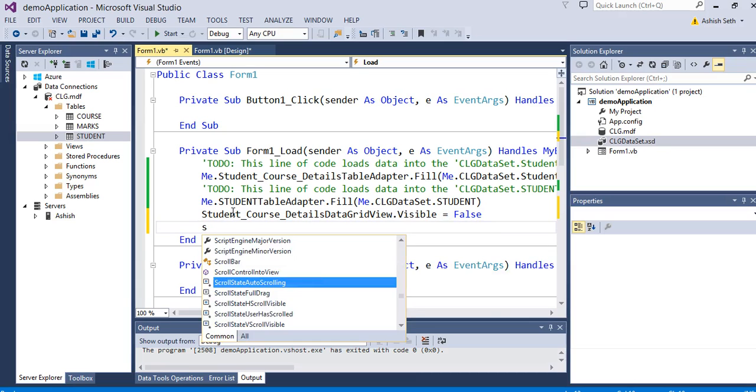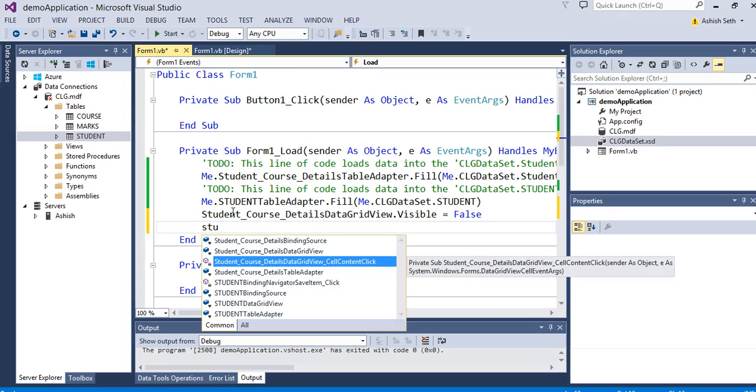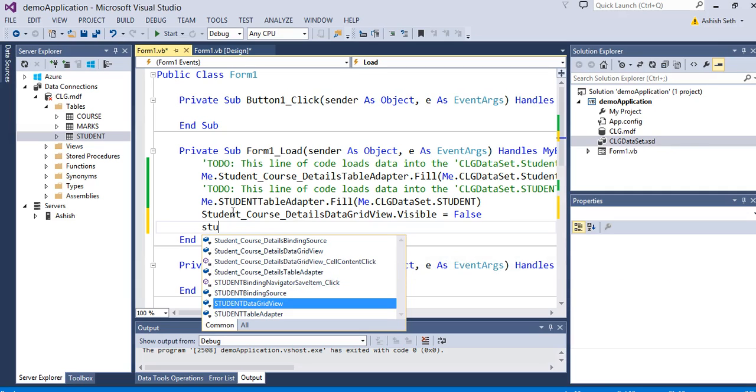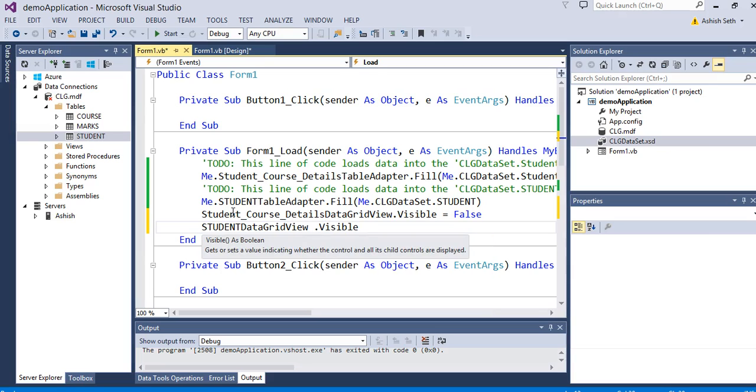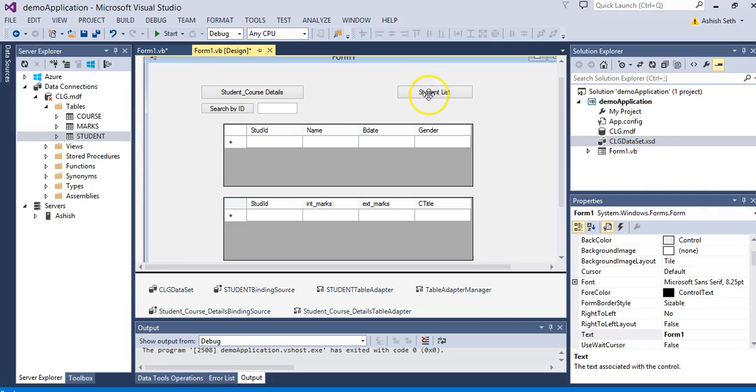Similarly, student data grid view dot visible equals false. Similarly, when we click on this button, only the corresponding data grid view should be visible, and the other we want to keep as false. Similarly for here also, we want to see this data grid view and the other kept as false.